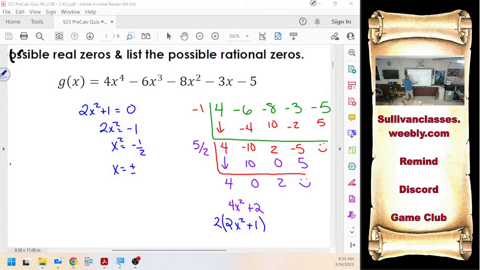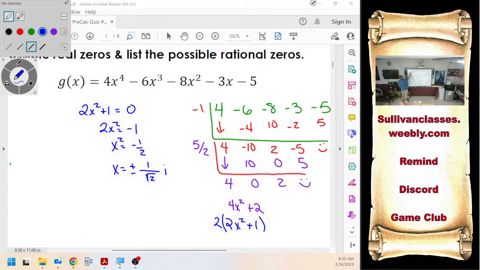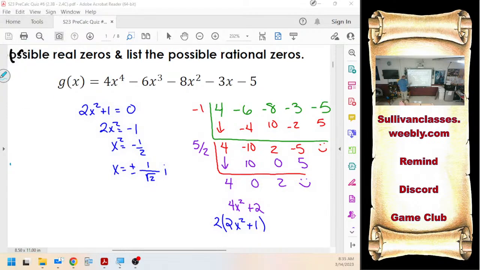Be careful. When I do the square root of 1, I just get 1. When I do the square root of 2, square root of negative 1 is i. I can't leave it like this. So I have to write at the very end of this, my solutions are. We have a negative 1, a 5 halves,